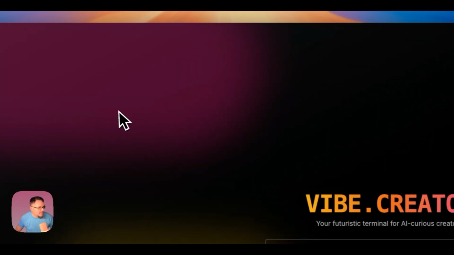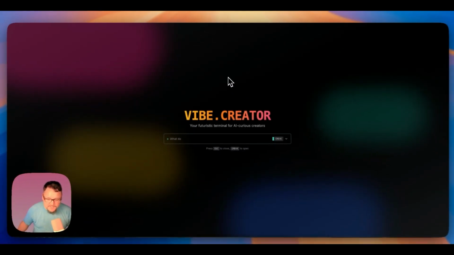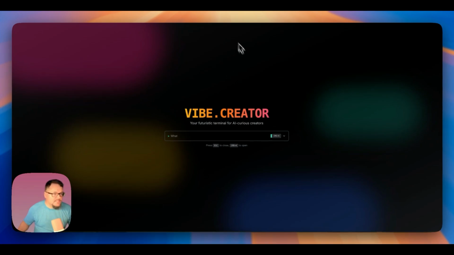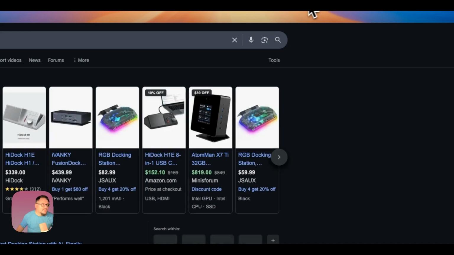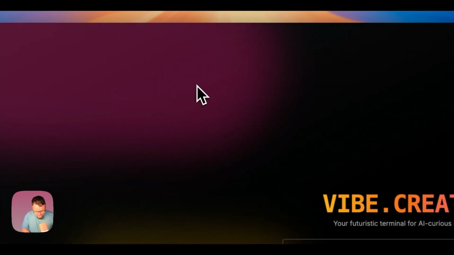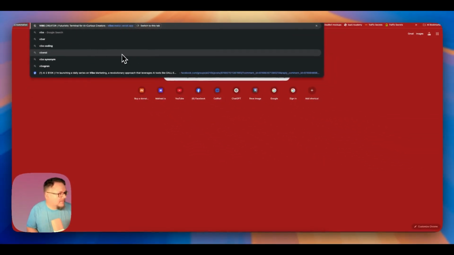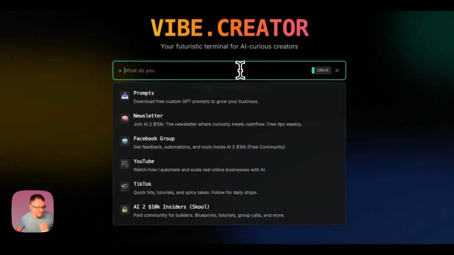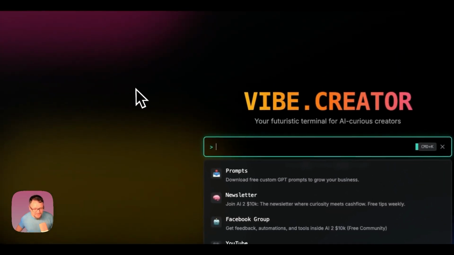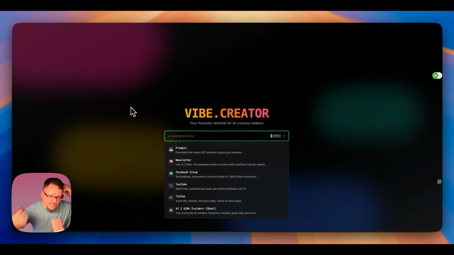And if you guys want to check it out, you can go to vibecreator.vercel.app, I believe is the address here. Let's see. I think that's it. Yeah, vibecreator.vercel.app. You guys can look at it and play around. But it's just that simple, guys. That is how fast you can iterate and build something cool. And if you want to change anything at any point in time, all you got to do is tell it.